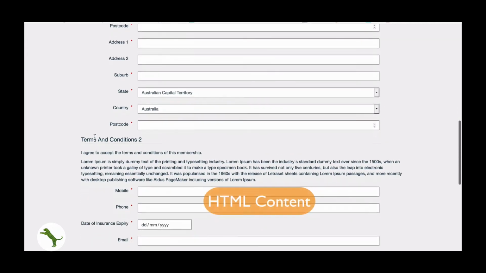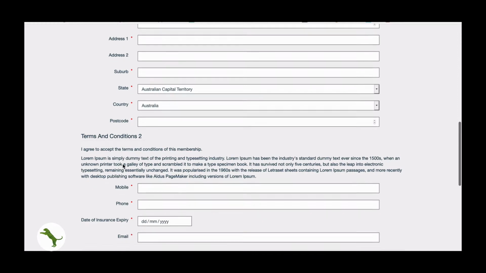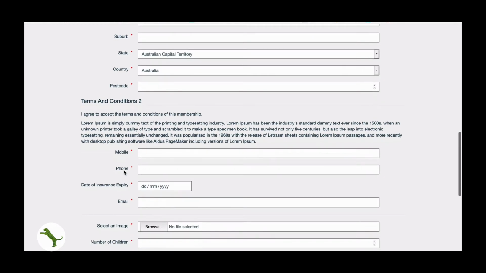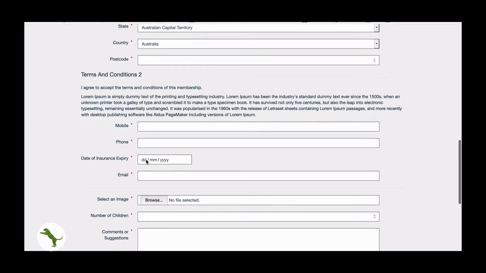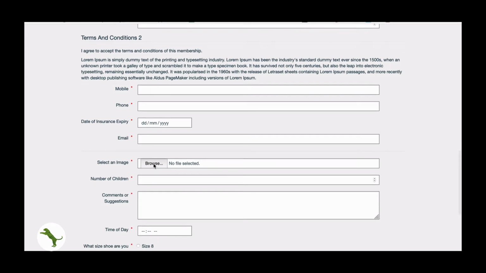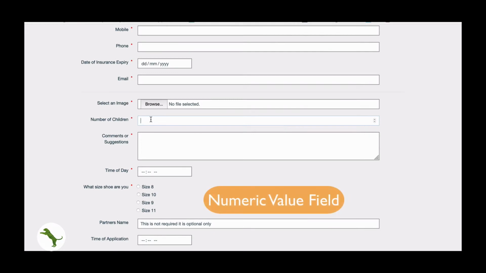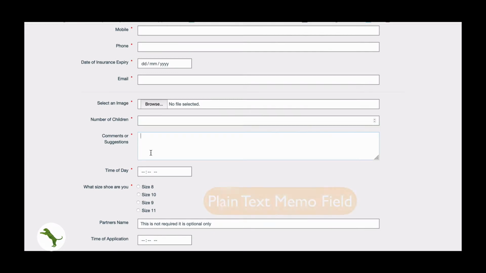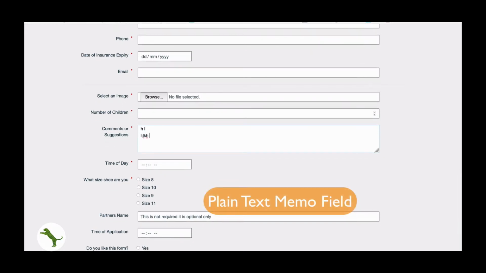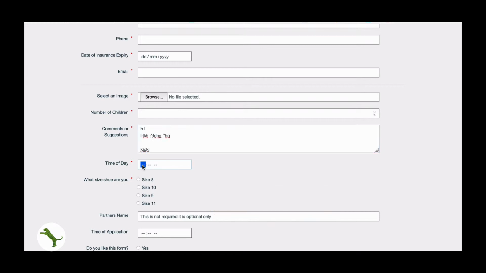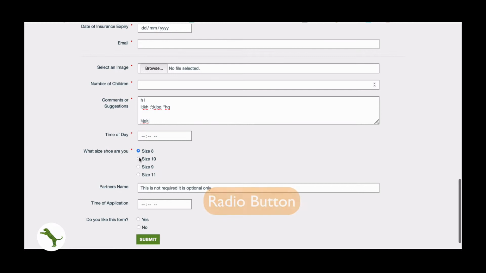This is my heading here, so you can see I have a heading, and that was my HTML content where I've put more description and more details in. My mobile number and phone probably should be stored a little bit higher above. Example of a date field, example of an additional email address, how members can actually upload images directly through. Numeric value field that we talked about, the plain text memo field, so where I can actually type a lot more information in here. So if you're wanting more detailed answers, a time field, again the radio button,